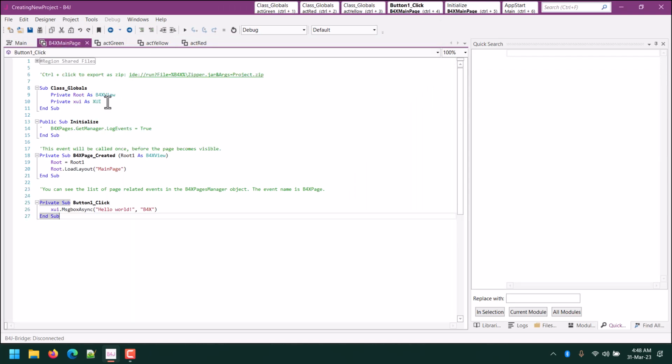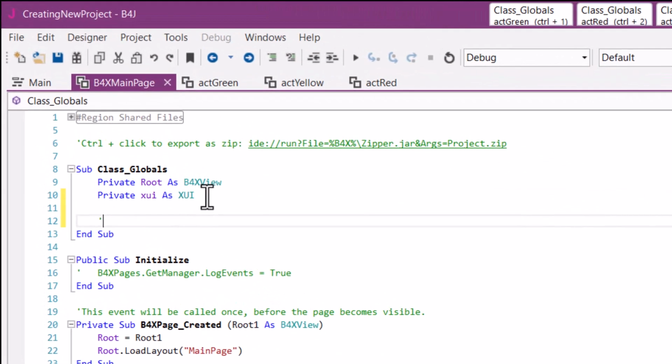Now let's write the necessary code for the modules. First, we declare the module as a page.